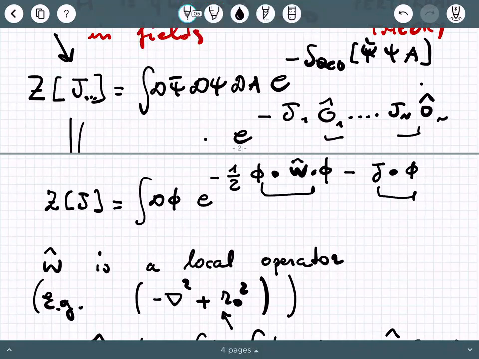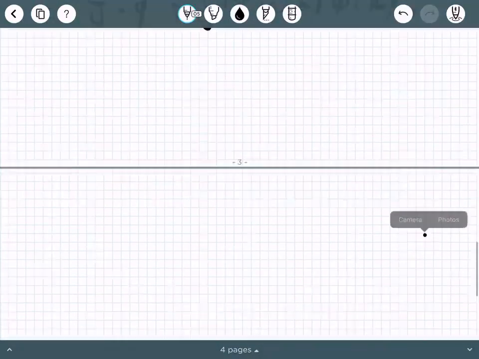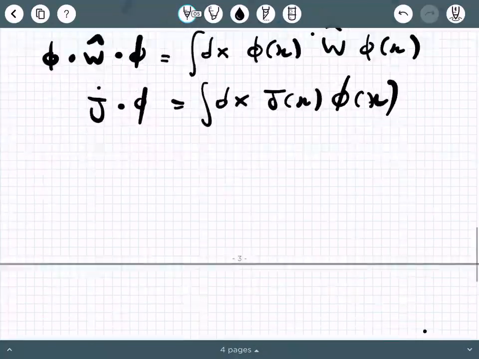So the idea would be to shift the origin in the field space, so to make this truly a Gaussian Hamiltonian, Gaussian integral. Okay, so how do we do it? First of all,